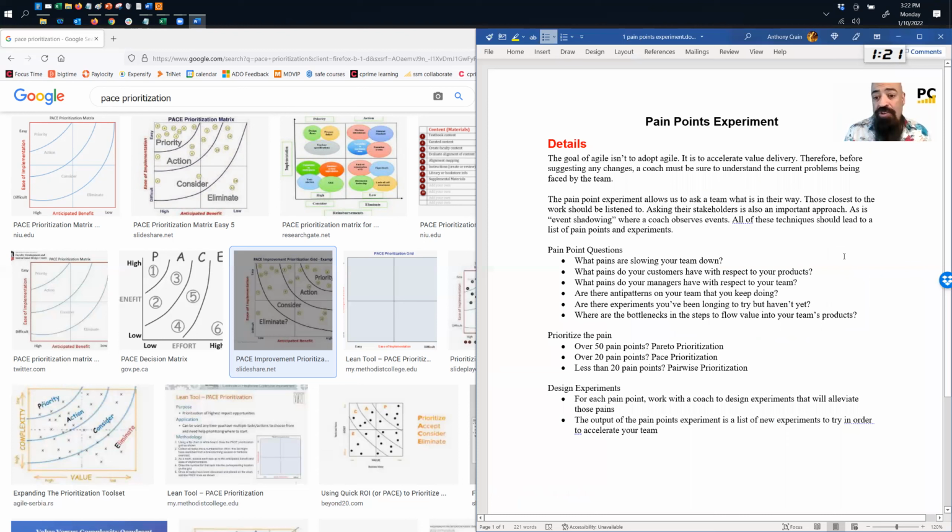And now if we go back to my little guideline here, you can see once you get down to less than 20, pairwise or dot voting. For dot voting, there's tons of materials on dot voting. You put things on post-it notes and you get a certain number of dots. I'm not going to explain that because there's so many pieces of work on it. But for pairwise, since we already had a list, we already had all 12 in a list. All you do for pairwise is take the first 2 and ask which of these would be more important to solve. And you put one above the other.